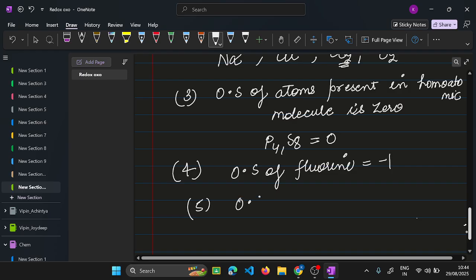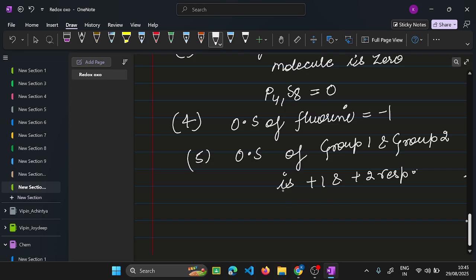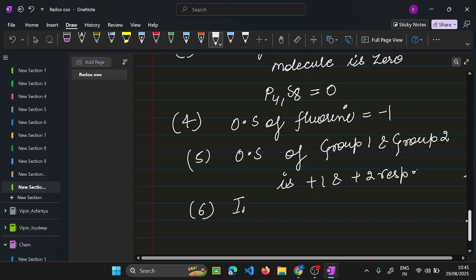And oxidation state of group 1 and group 2 elements. Do you know what are group 1 and group 2 elements? It is +1 and +2 respectively, right? Any doubt? No. Now, in case of metals,